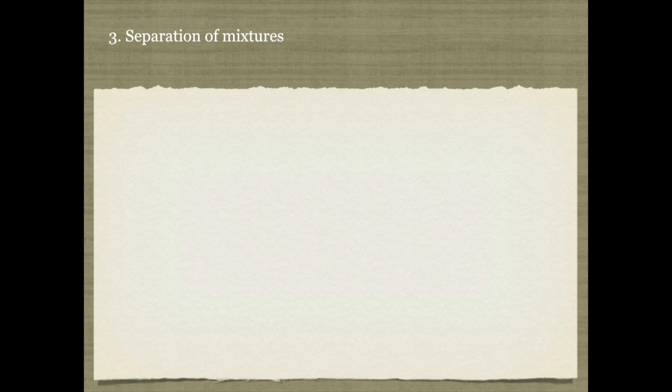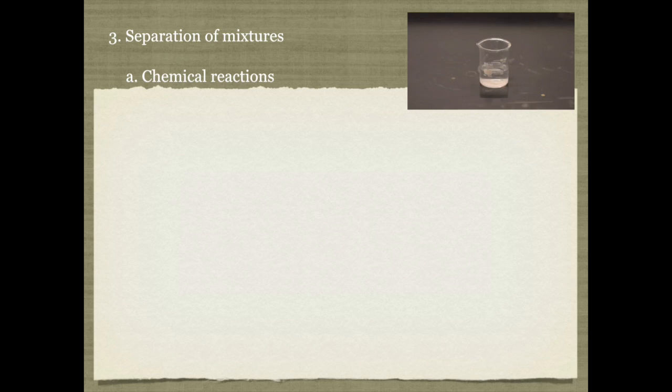Oftentimes we'll take types of matter and mix them together to make a mixture. And sometimes we'll need to separate those mixtures. One way that we can separate a mixture, as we see in this video, is through a chemical reaction. So we have a clear liquid initially. We added some reagent to it. Notice we got a white precipitate, that is a white solid that formed, and after we let that solid settle